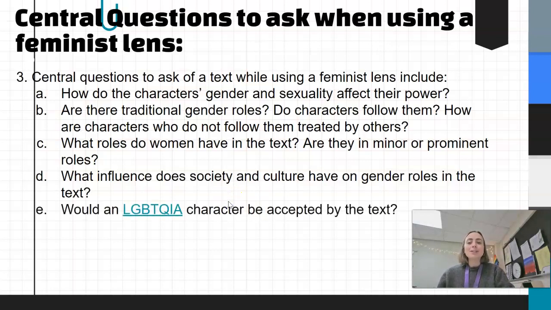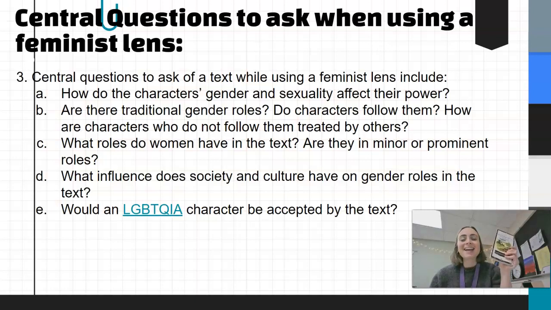Would an LGBTQIA character be accepted in this text? So, this question, I have a personal connection to it. If you don't already know by my pride flags or my pins, I identify in the LGBTQ community. I have an older sibling who is also non-binary, meaning that they use they/them pronouns and don't identify as male or female. So I think about what if my sibling and I were to travel back in time